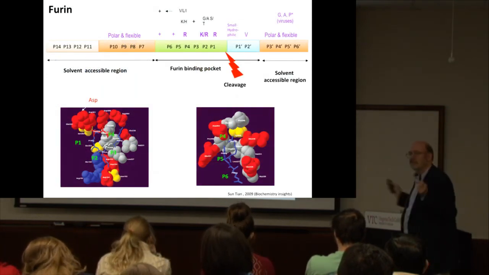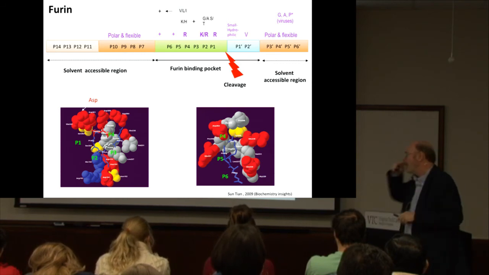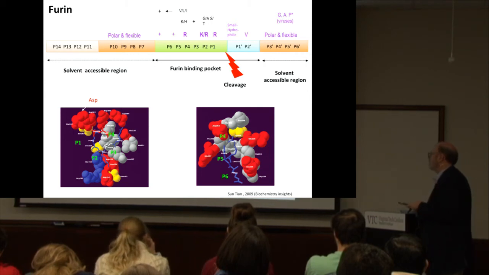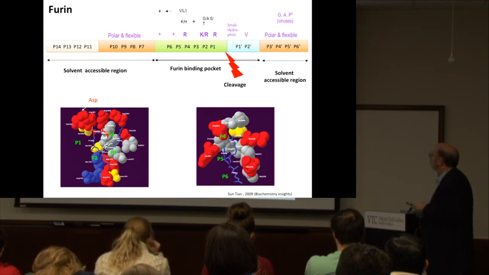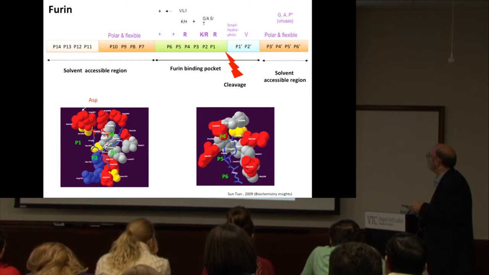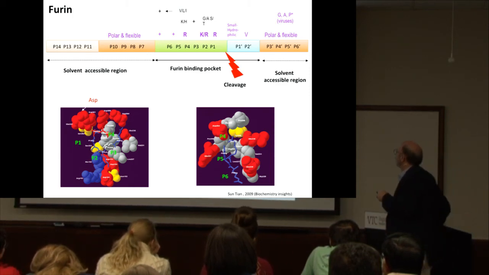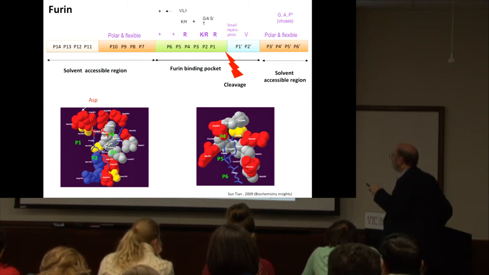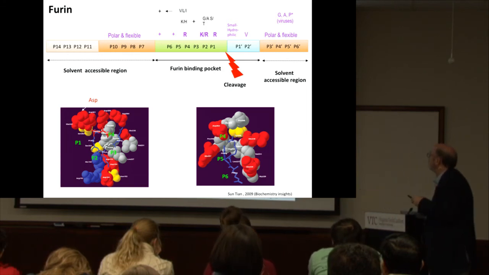Now, I'm going to end with just a few words about furin. Furin is important for a number of pathogens. HIV, it's required for HIV. It's required for a whole bunch of them. It carries out this maturation cleavage. Furin binds substrates, and of course, furin cleaves mostly cellular substrates, okay? So viruses are taking advantage of this protease that is present in the secretory pathway. Very basic residues are found in the cleavage site of furin. In particular, this P3 position